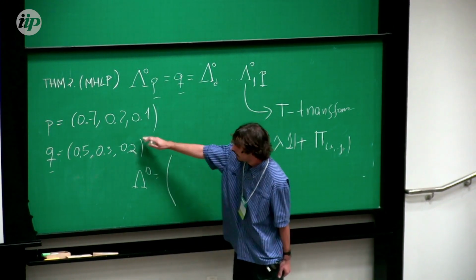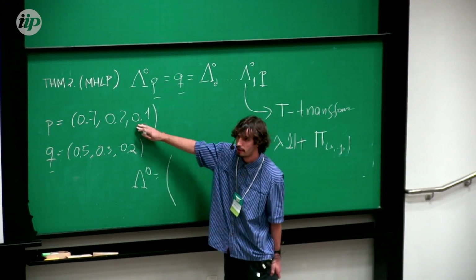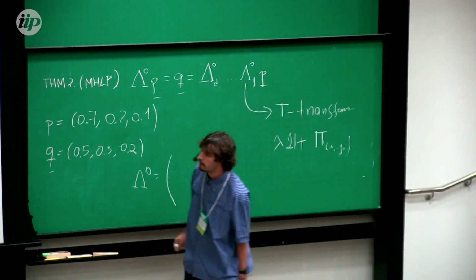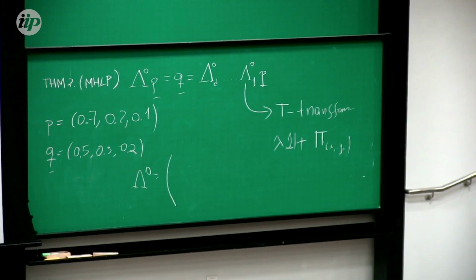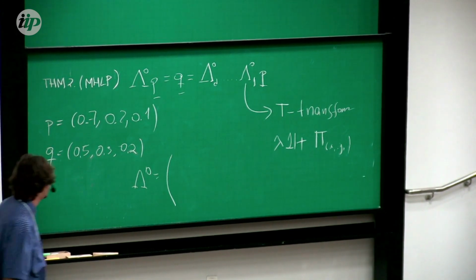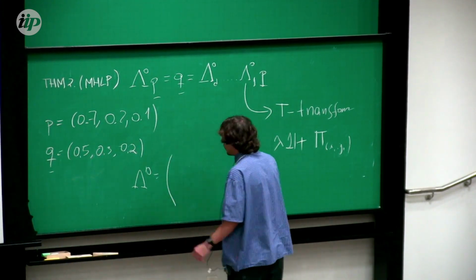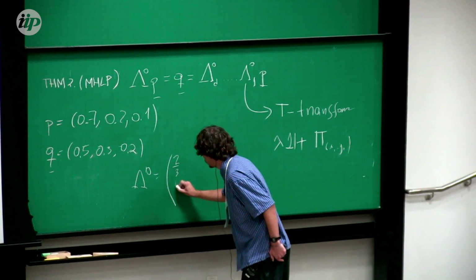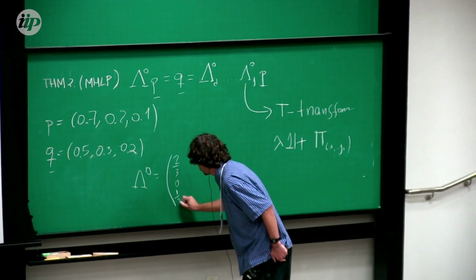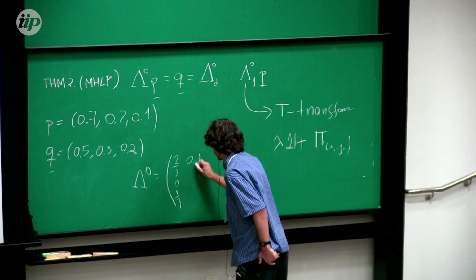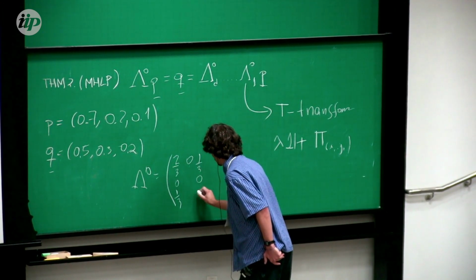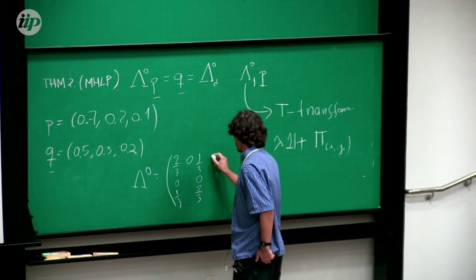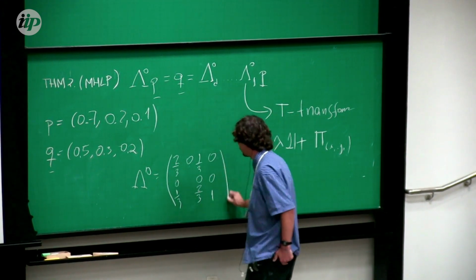In this case it's pretty simple because we have a 3-level system and plenty of conditions to write down possible candidates. It's not unique, there might be many of them, but we can construct this simple one: 2/3, 1/3, 0,